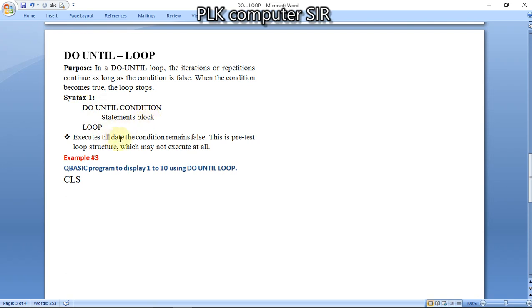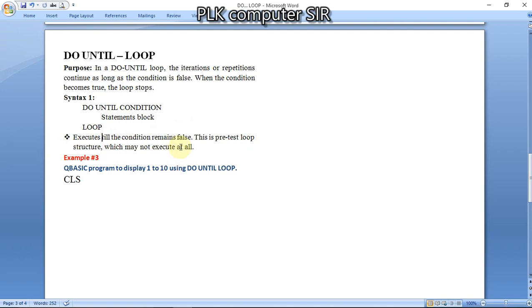Execute till the condition remains false. This is a pre-test loop structure which may not execute at all.